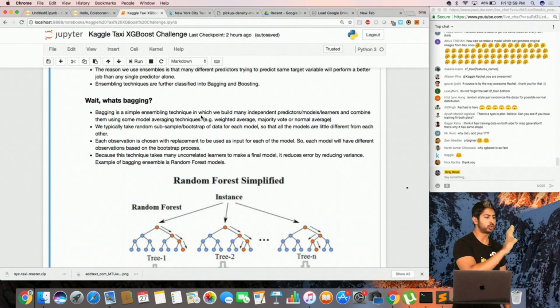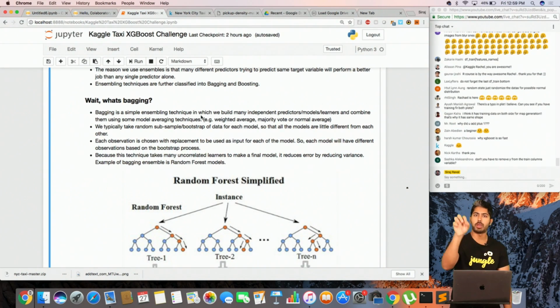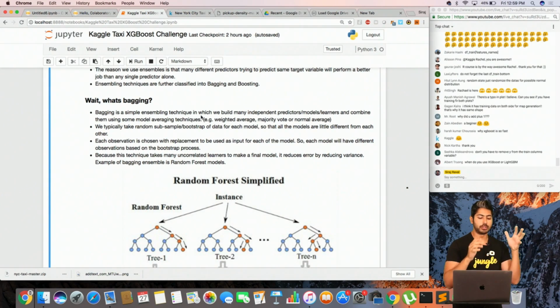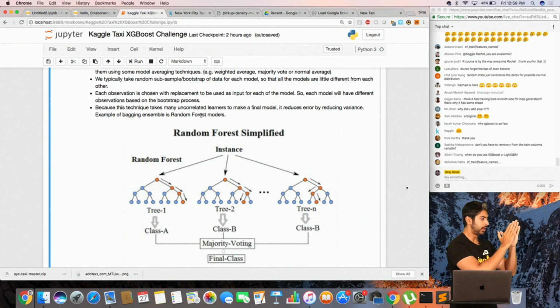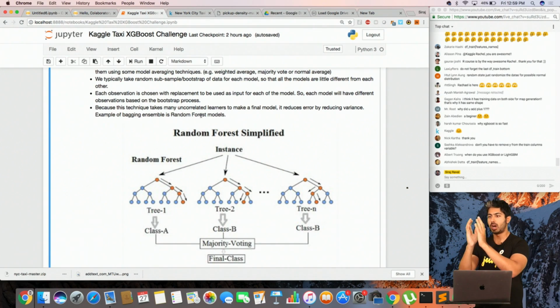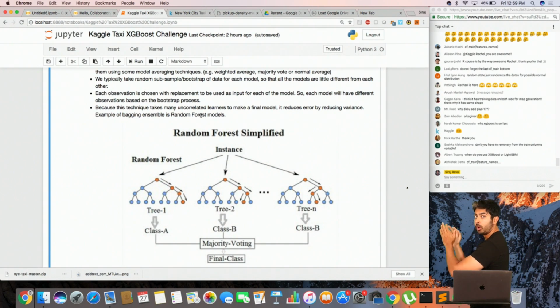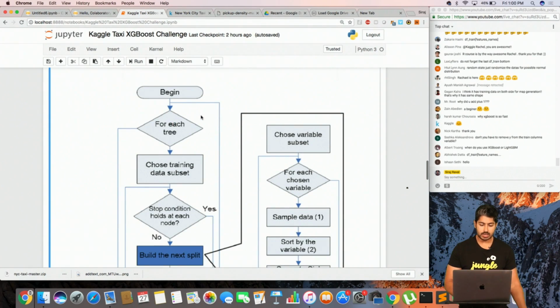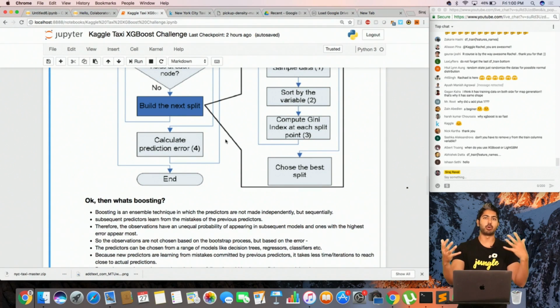So we have, let's say, a decision tree. We have another decision tree, another decision tree, and another decision tree. And they're all trained on different parts of the training data. So we have, say, data points 1 through 100, then data points 101 through 200, and data points 201 to 300 for each of those trees. They'll all be training, and then using some technique, we're going to combine those predictions together. So these are independent models that we then combine using an equation. The equation for combining the predictions depends on the model that we're using.